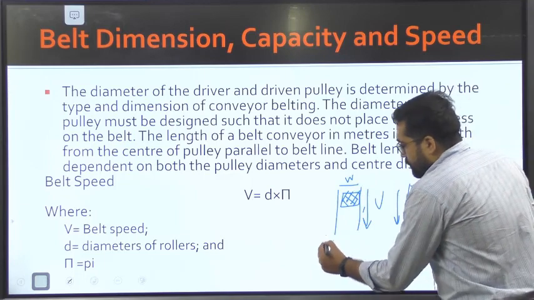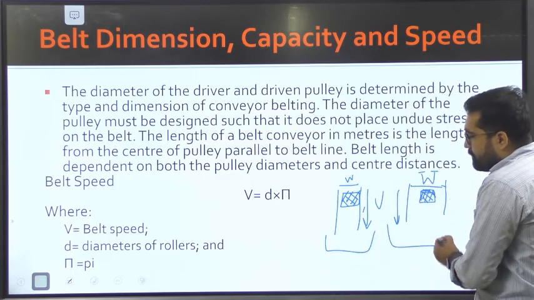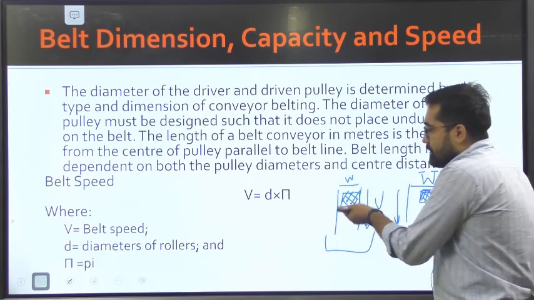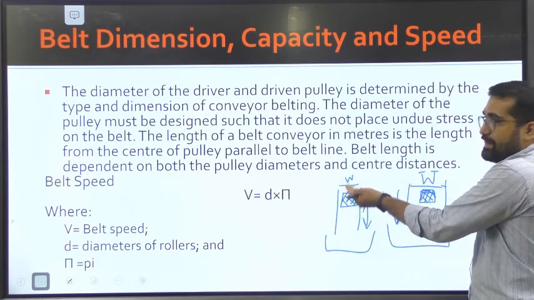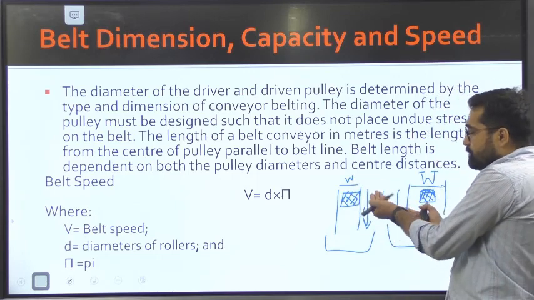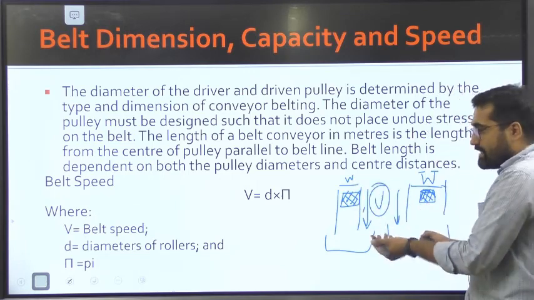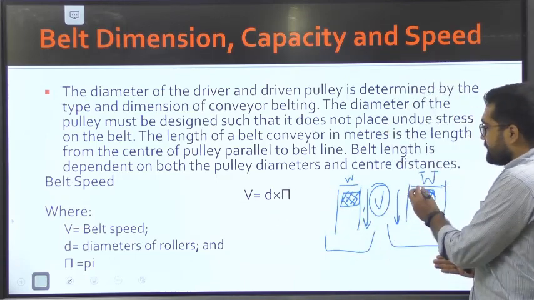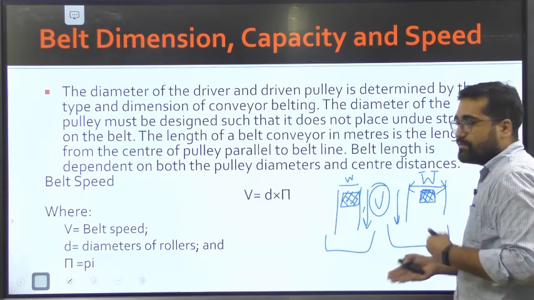So everything depends upon the speed of the belt. If we decrease the speed of the belt, what will happen? Even on this width, the product will stay on the belt. So everything depends upon the speed of the belt; it is interrelated. First we have to find out the speed of the belt, and based upon that we will decide the width of the belt.